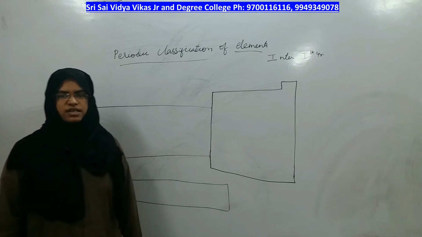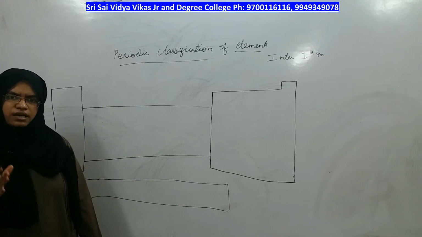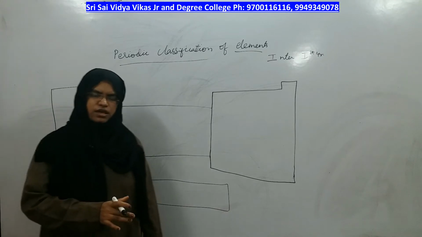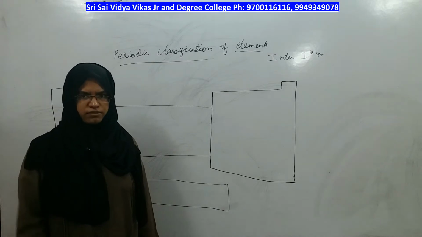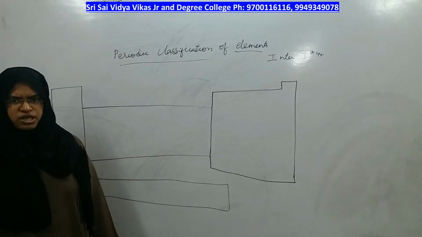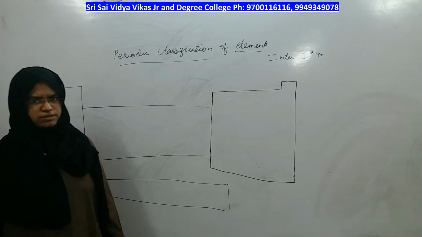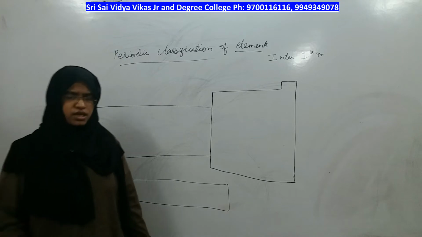In the last class we have seen that in a periodic table you can group elements into one category called a block, depending on which orbital is present. If the elements have their valence shell in the s subshell, you group them into s block elements. Similarly, p block, d block and f block elements.